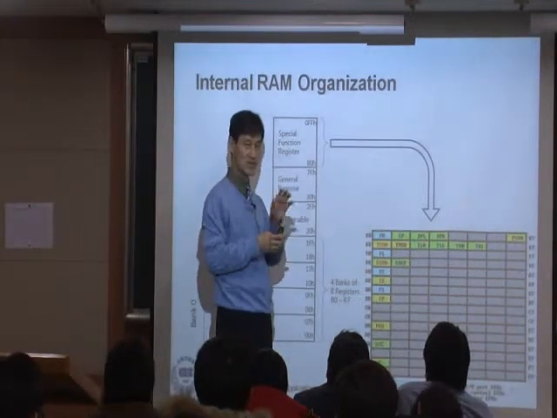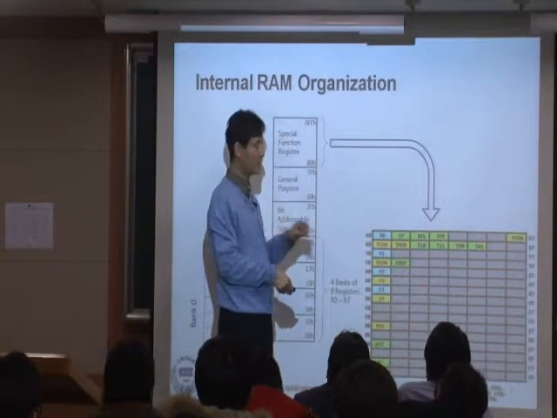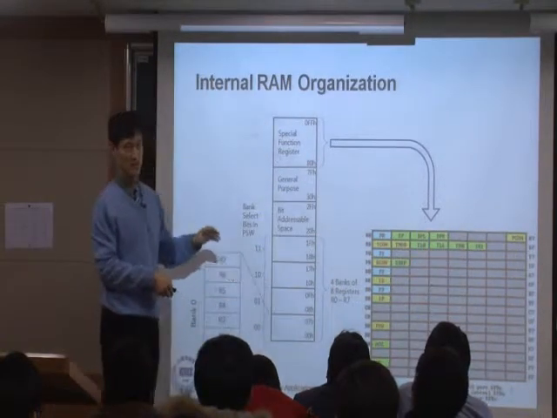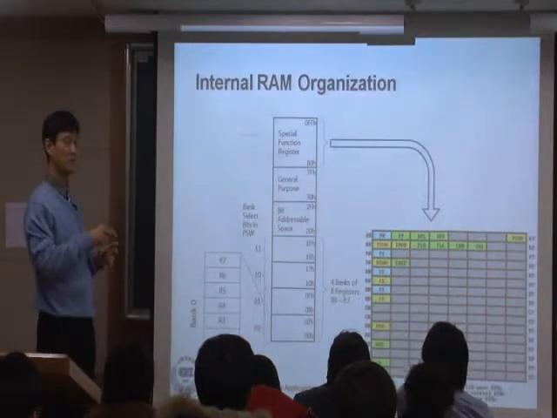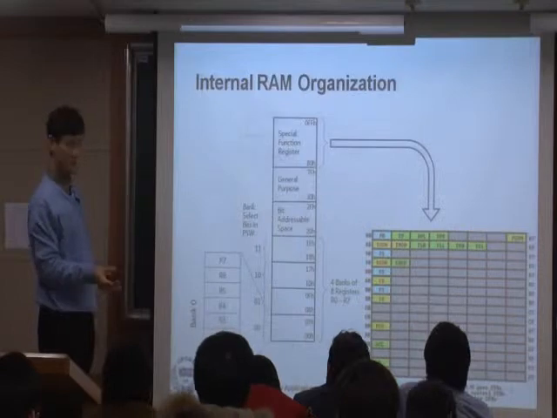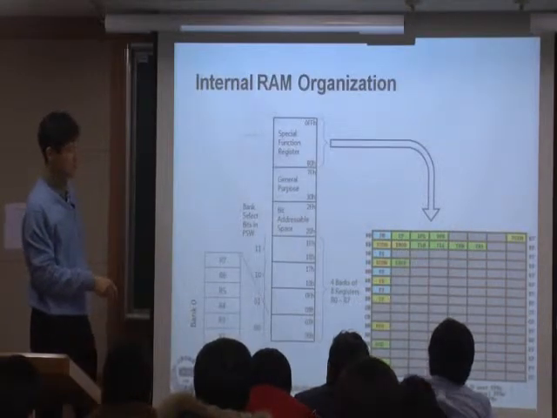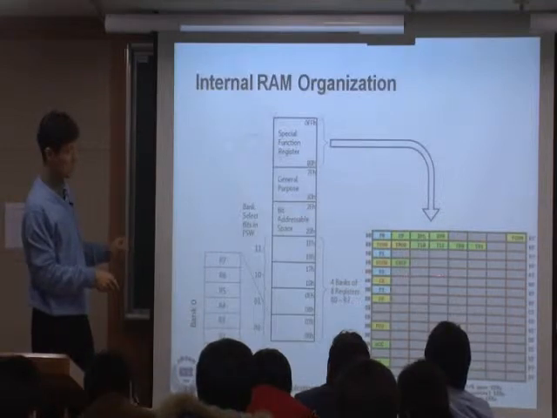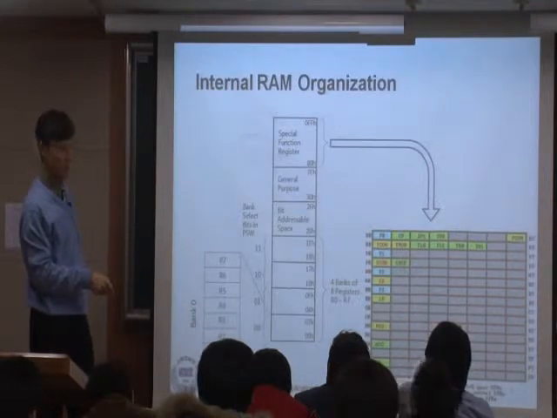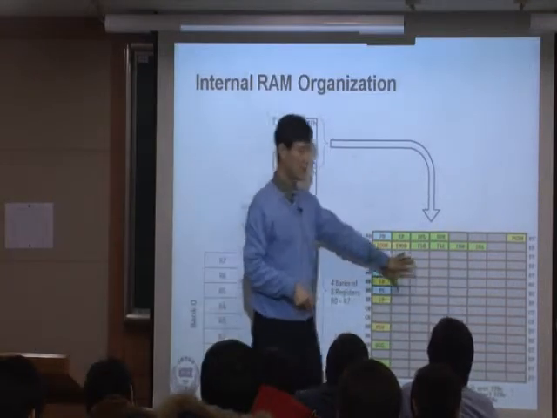So there are a lot of places like that. Every hardware has such things. This part is something like that. Okay, they leave it as unused, but they have a plan. They had a plan to use it later, but something happened in the meantime, so maybe they didn't use it later. But anyway, right now in 8051, they are not using this area, which means these areas are not used,